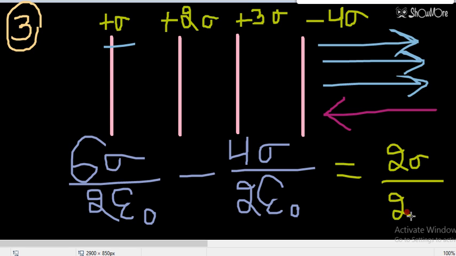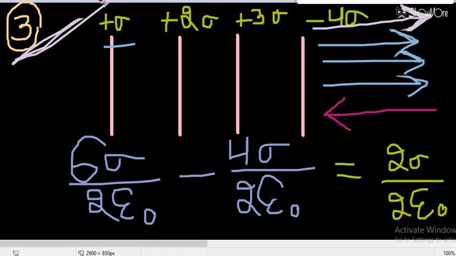Now you have to find the direction. The direction will be along the right direction, because the magnitude of the vector towards the right direction is more. So this is all regarding the 4 assignment questions, the 4 homework questions we have discussed here. Question number 3 is now completed. In this video we have discussed the 4 questions which I gave in the homework yesterday. I hope the 4 questions are clear.